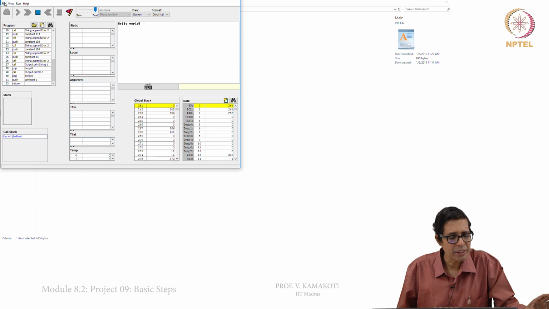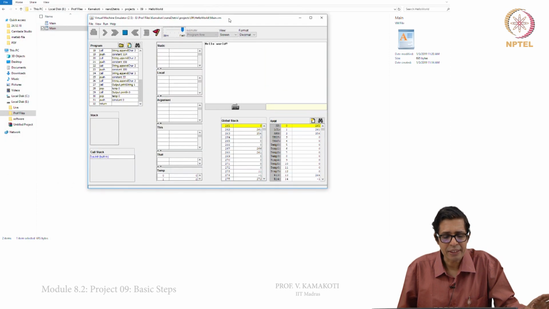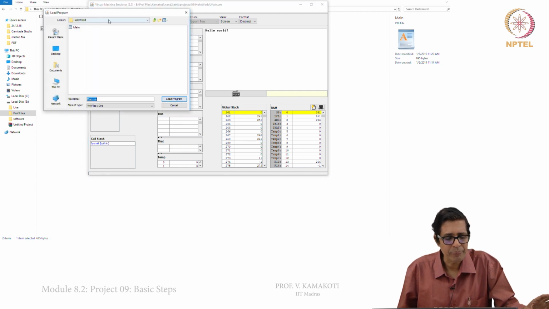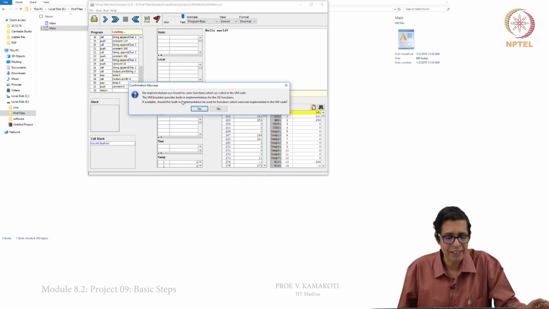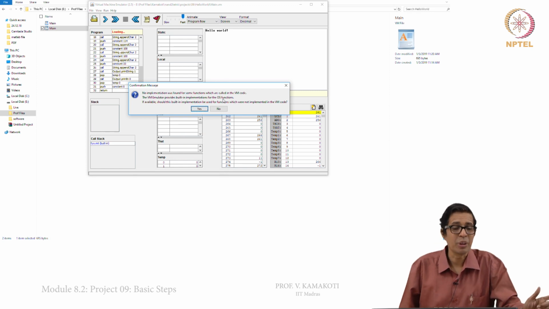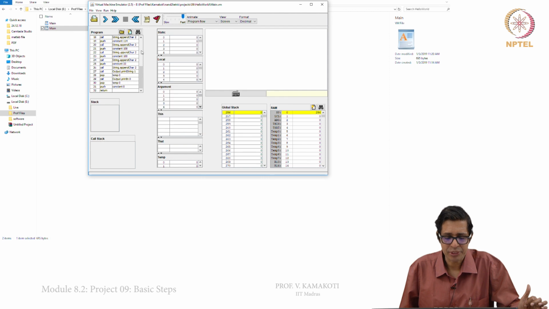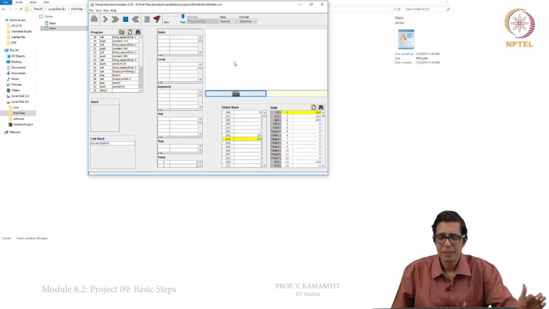Now, we can go here, open up your VM emulator, which is part of your tools. This is the VM machine emulator. Now, you load program, that is hello world, and you can load the main.vm that you have generated here, and it will say that we are using some of the inbuilt OS functions, like Output.printInt, println, Output.printString, etc. And you just run this program at full speed mode, because it will be very slow. We just run this program.